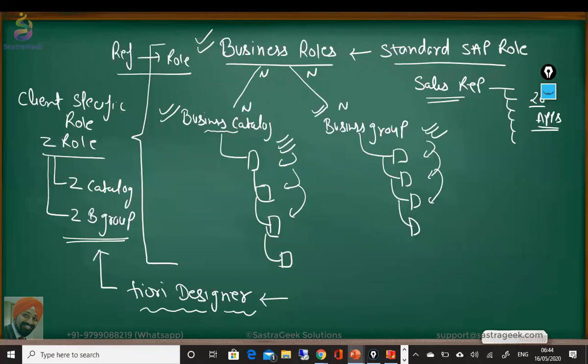Then we also discussed how SAP has delivered things. SAP has delivered standard business roles. Those business roles are already assigned to business catalogs and some business groups. And those roles we can directly assign to our user IDs, and we would be able to quickly jump into the application and use the applications. But